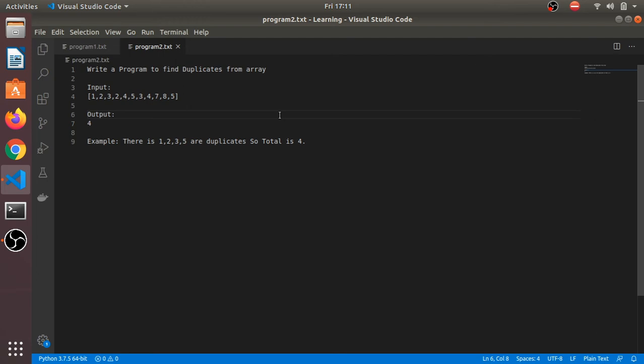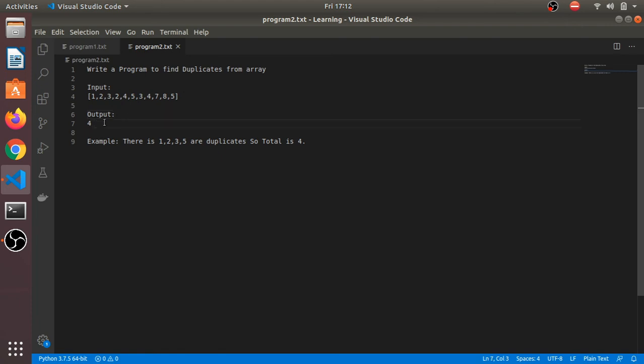After that there is a second program definition. This program definition is saying to create a program to find duplicates from an array, meaning how many duplicate elements are present inside of this array. For example, if 1, 2, 3, 5 are duplicates, then there are 4 duplicate elements present.